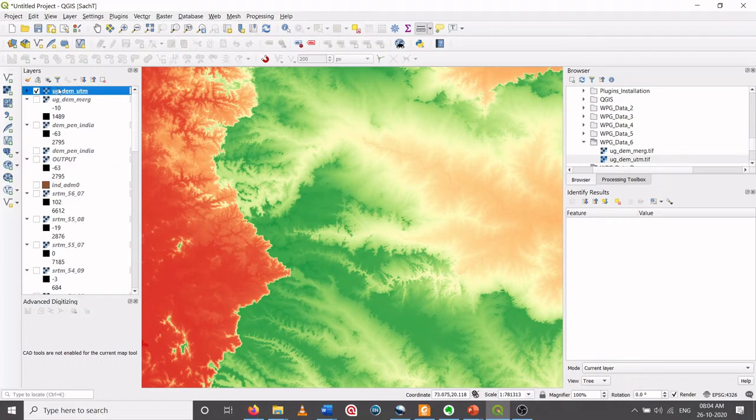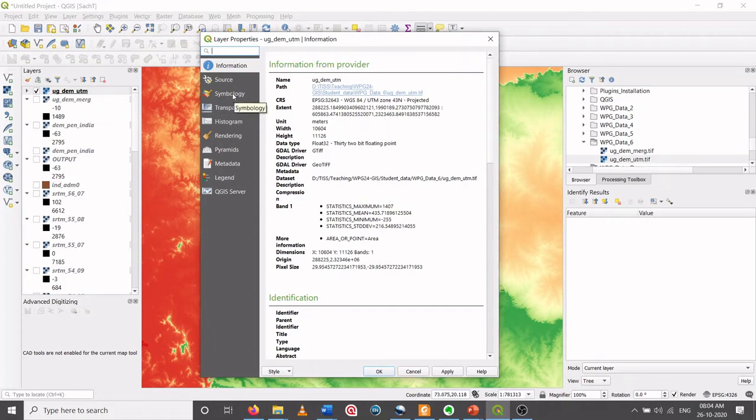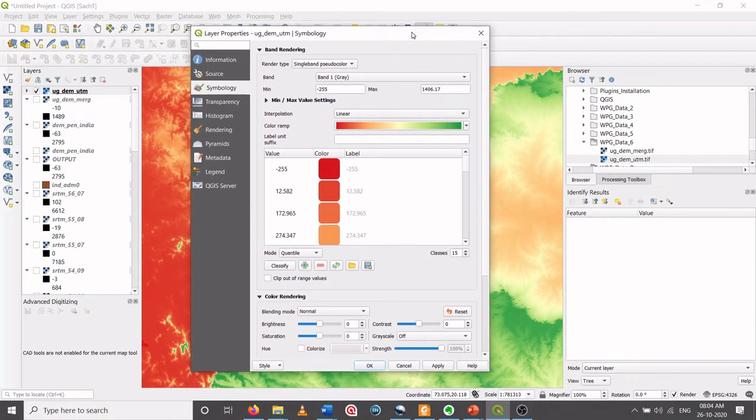Now let's see how I can change the symbology so that I can make sense of this image. In symbology, you have to select single band pseudo color, and then this window will appear.